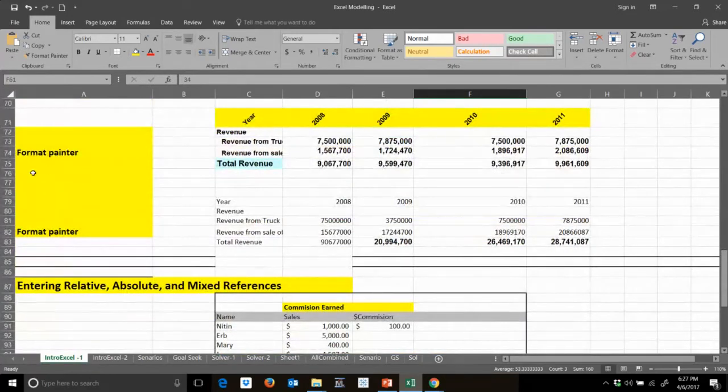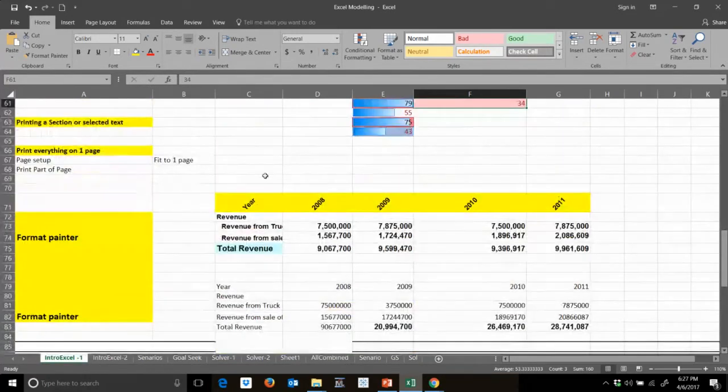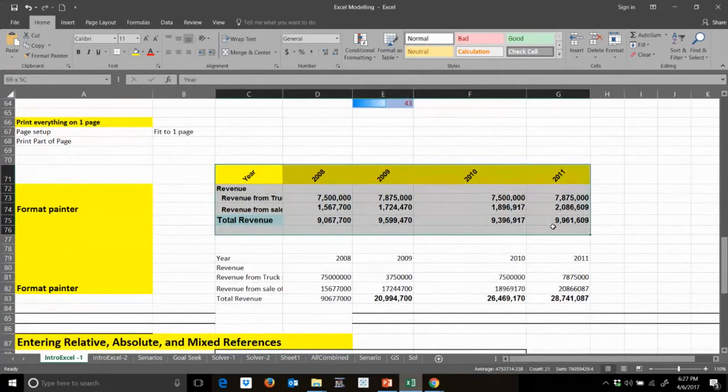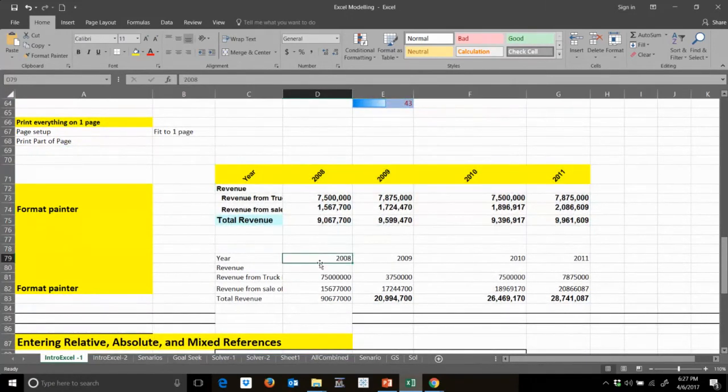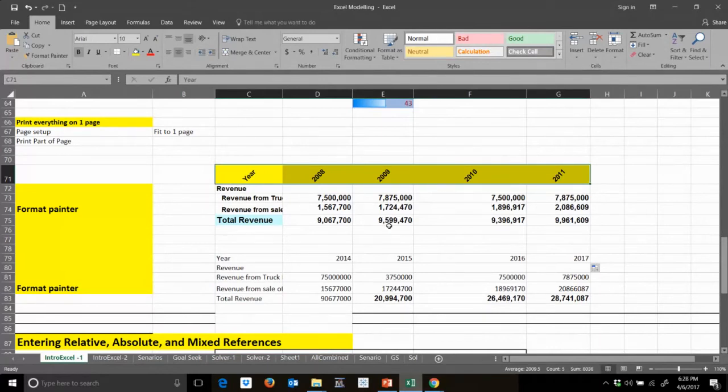Then something called Format Painter, which is again very interesting and very useful when you're creating reports in Excel. So let's say you created this report and now you want to make this report again for 2015, 2016, 2017. So rather than doing all these things again, making this bold, adding those colors, adding those commas,